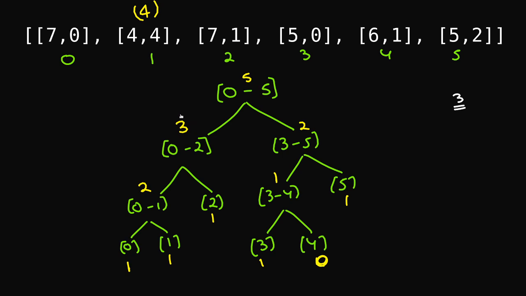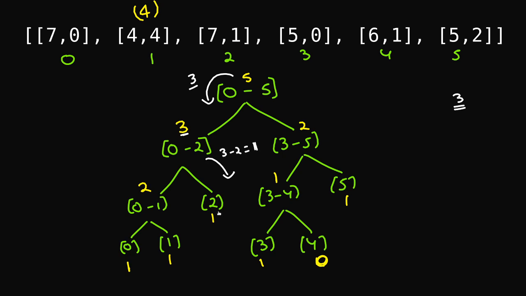Notice that this is 2, so I'm looking for the third one in the segment tree. I see that in the left subtree there are already 3 ones present. So of course I'm going to find the third one here. So I'll go from here to here looking for the third one. Okay. The moment I reach here, I realize that there are 2 ones in the left subtree, but I'm looking for the third one. So of course I can skip these 2 ones in the left subtree, and I can directly go to the right subtree. But how many ones will I be looking for in the right subtree? Since I've skipped these 2 ones, I'll be only looking for 3 minus 2, which is 1 one.